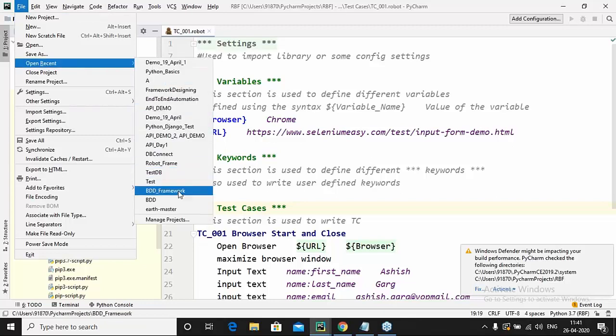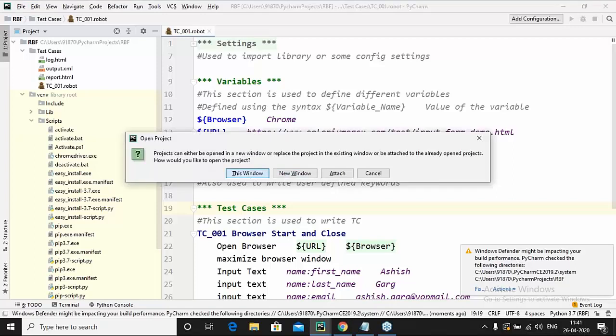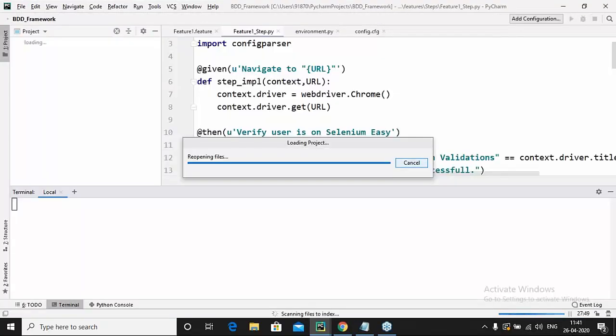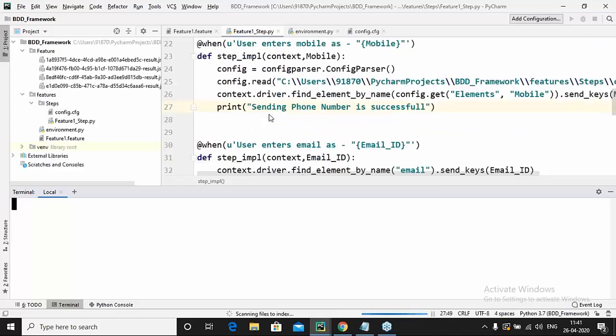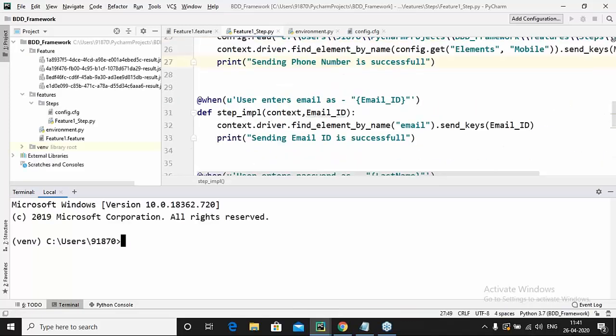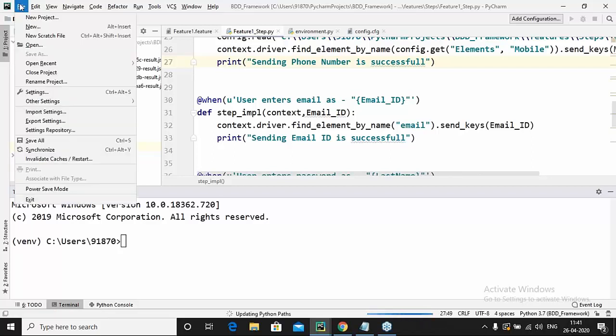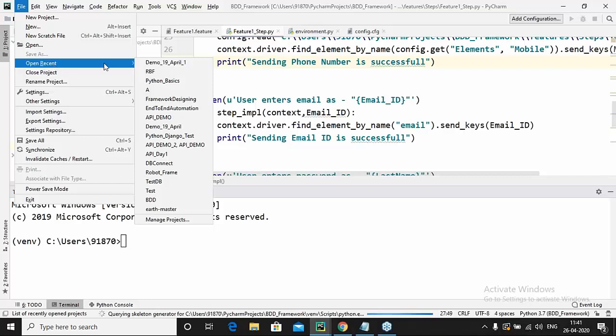Yeah, here it is. So this was a project that we did when we were discussing the BDD stuff. There were multiple other projects that we are dealing with, data-driven framework, BDD framework, and so many other things. Then we have Allure reporting as well. Let me show you something called Allure reporting. What is Allure reporting?